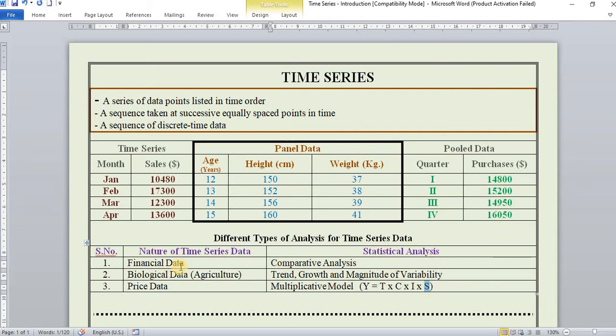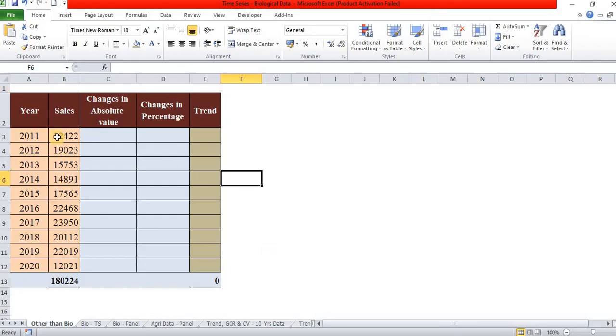Let us move to analyze financial data in comparative analysis format. This is the data. Sales information is given for 10 years between 2011 and 2020. How to analyze this? We have to find what the changes are in every year from the previous year and subsequent year.